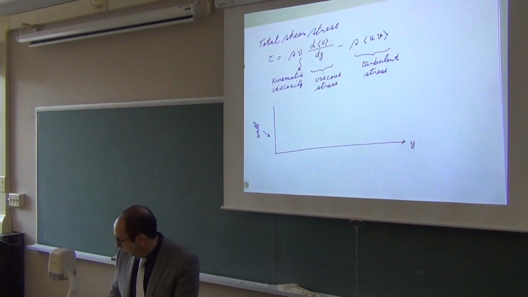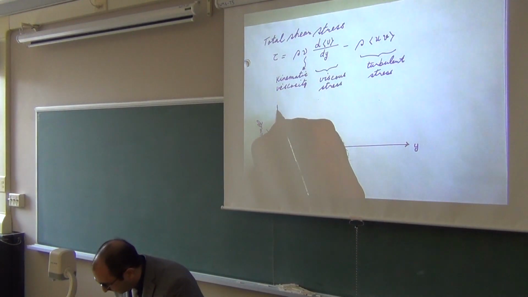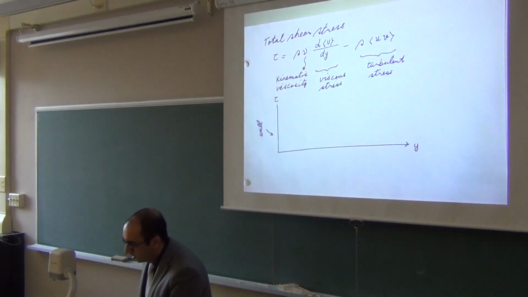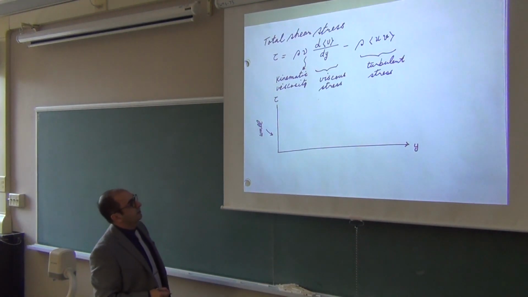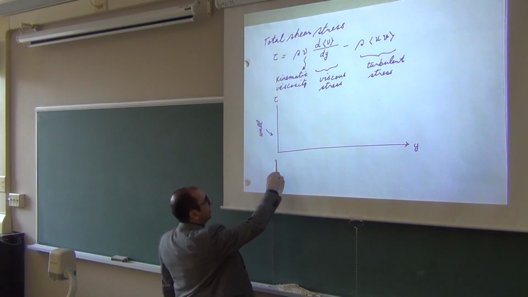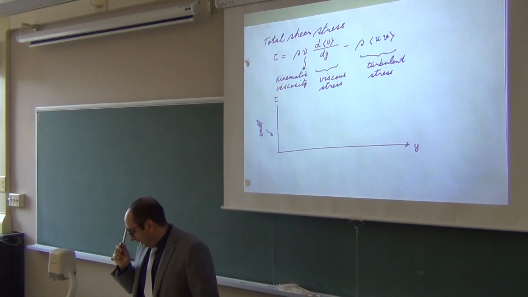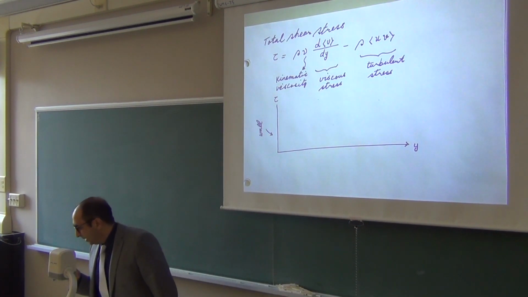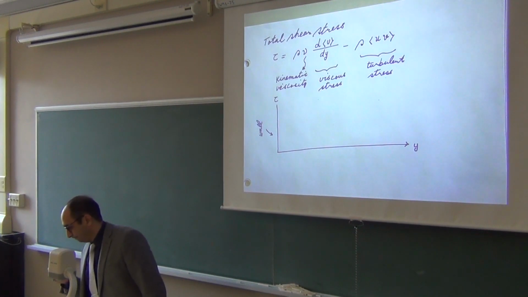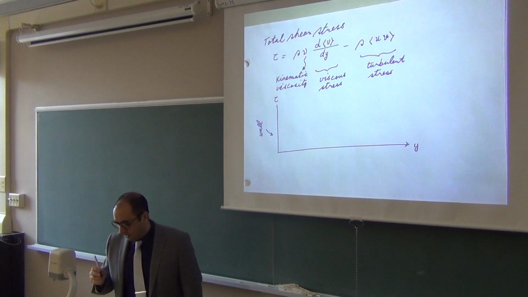I want to see how total stress varies. So this axis is tau, or total shear stress. I want to know how it varies as I move away from the wall. If you look at the viscous part,